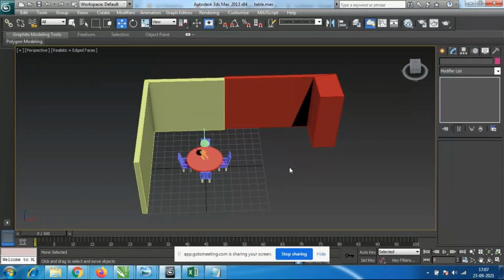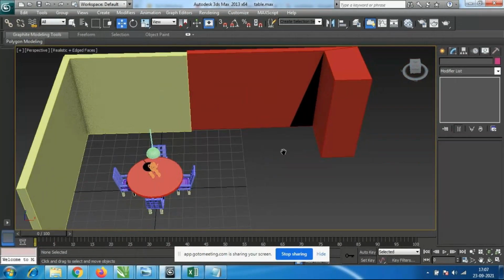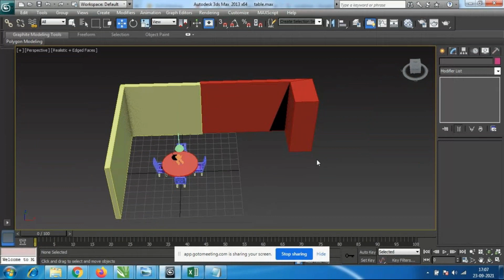I will follow whoever did the assignments in AutoCAD. So you people have to send me the AutoCAD plans also, and according to that we have to make the 3ds Max design. Please try in AutoCAD to make the house plan designs.